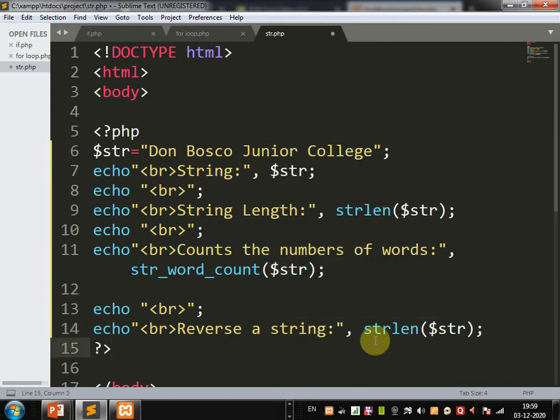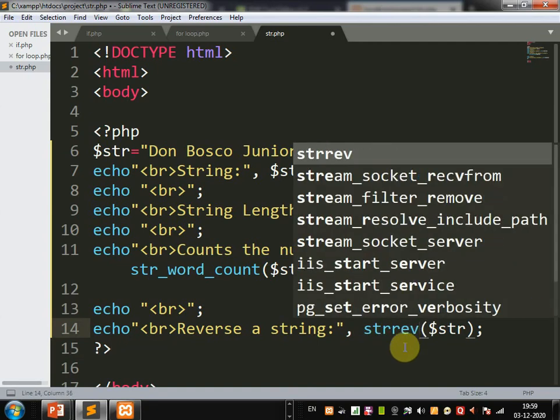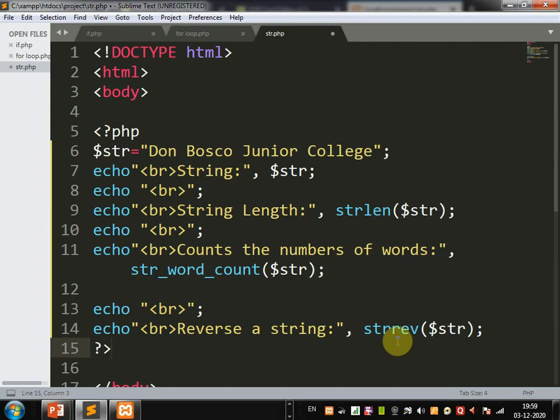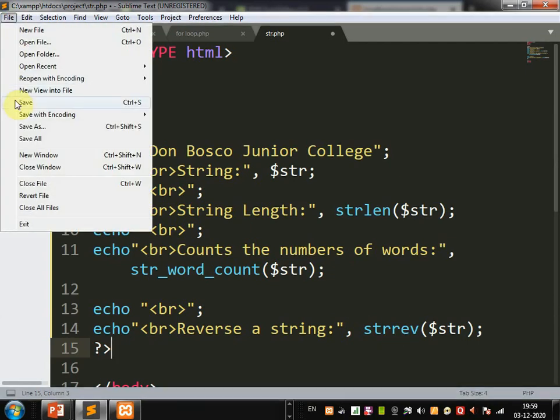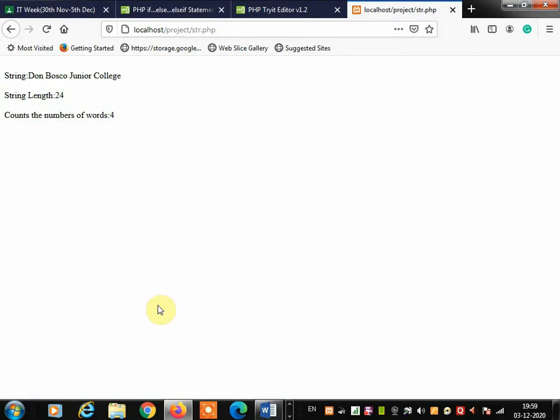That is strrev. This function will reverse the string. Go to the file, save, refresh the page and check reverse a string. Now see here, the whole string Don Bosco Junior College is reversed. So that is the use of the reverse string function.